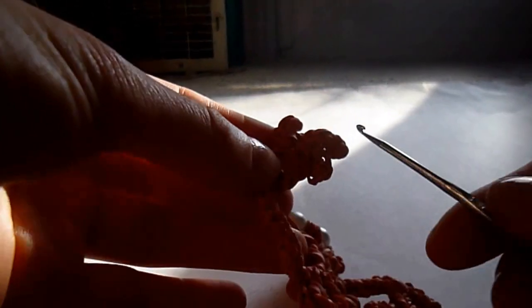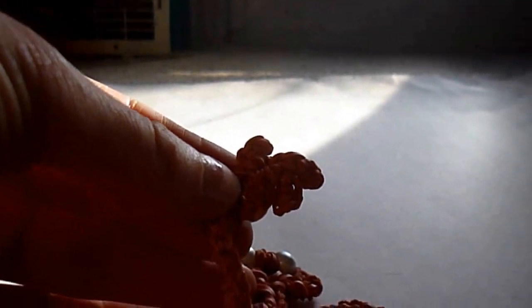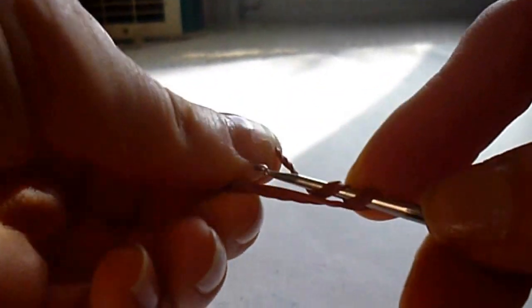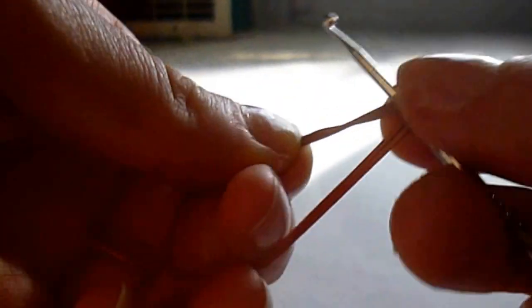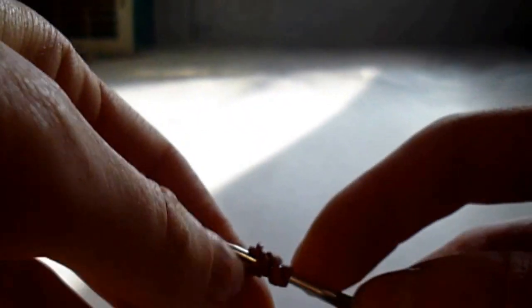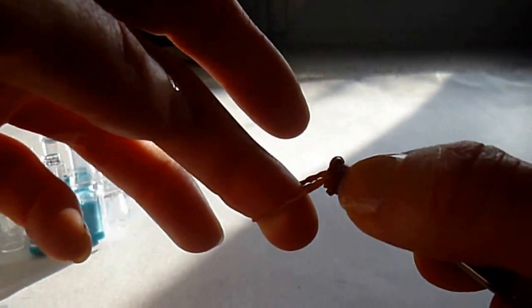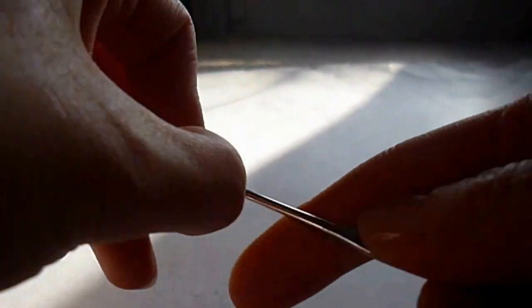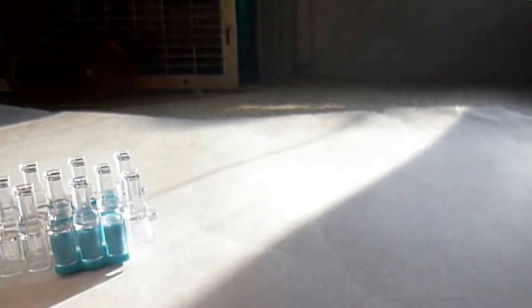If you don't want the full hand, or if you're finding it difficult, what you can do is take 2 bands and wrap them 1, 2, 3 times on the hook. Pull it onto a doubled over band, and you're gonna do about 13 doubled over single bands, or to the length that you like. So that's if you just want kind of a fist instead of the whole hand,